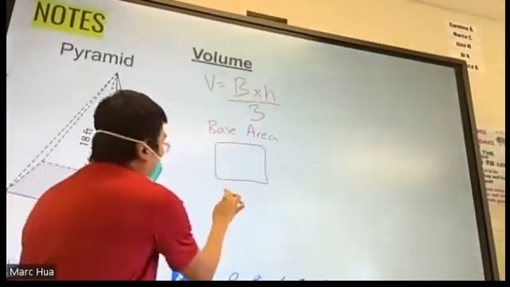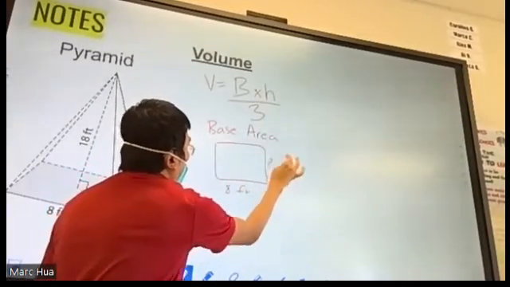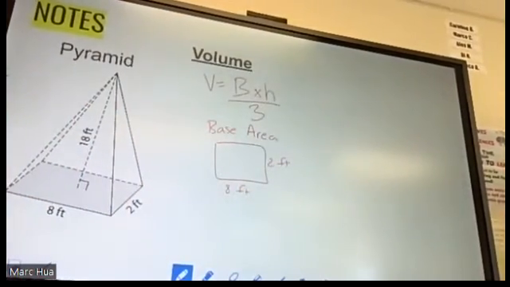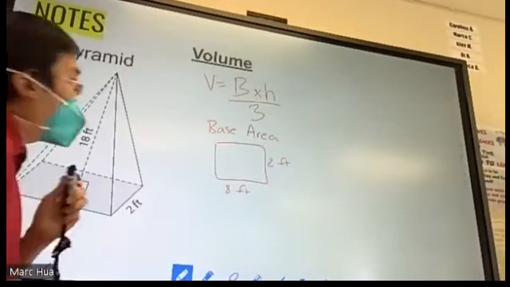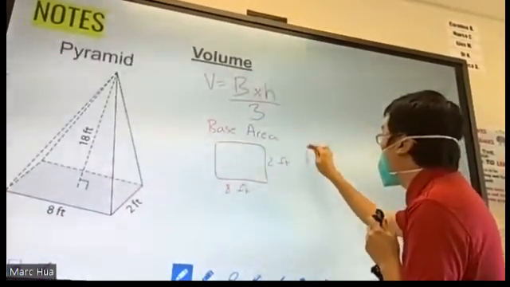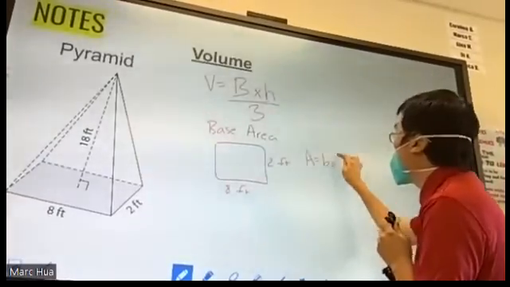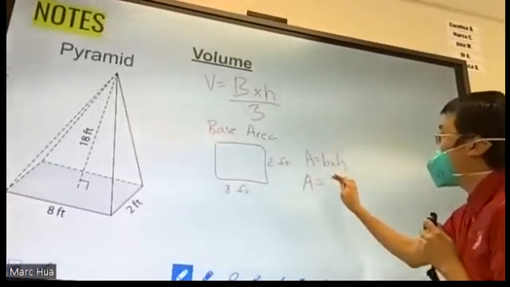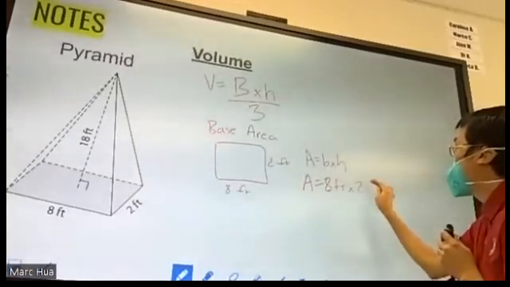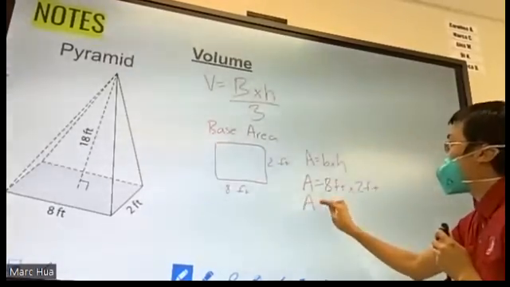We have 8 feet by 2 feet as the dimensions. And then 8 feet times 2 feet. The area is base times height. So it's 8 feet times 2 feet, which gives us 16